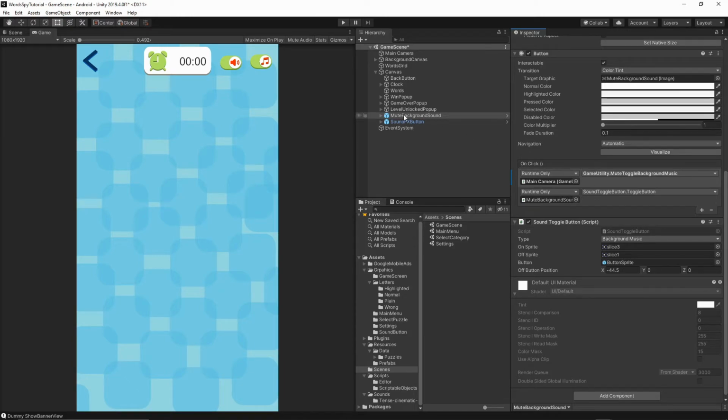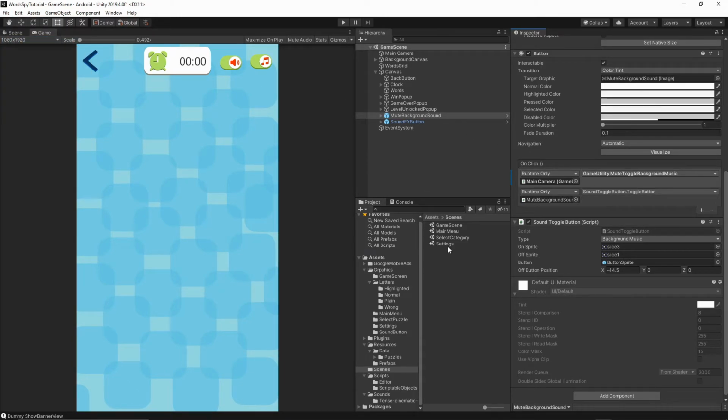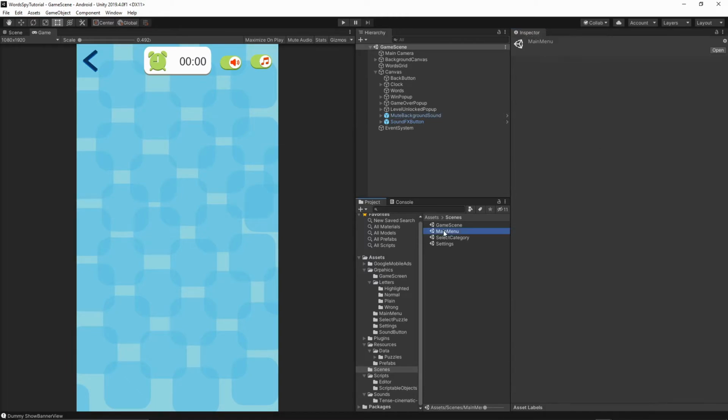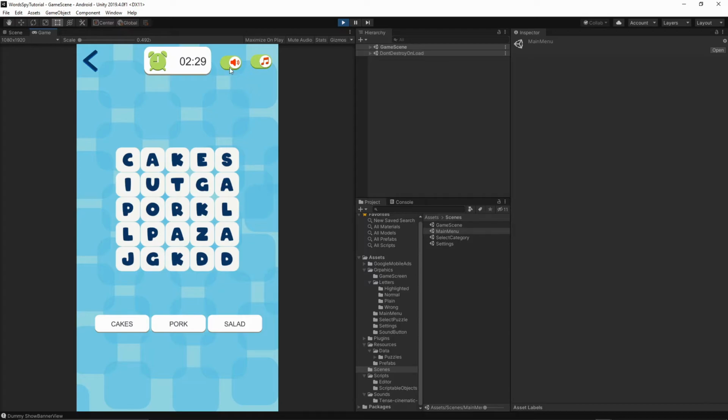Okay, and now we can file, save, and we can go back to our main menu. Okay, so now we can test. Let's press play, and now we can mute our background music from here.